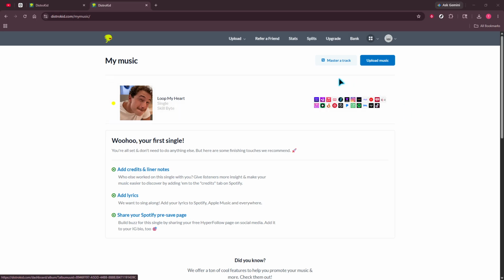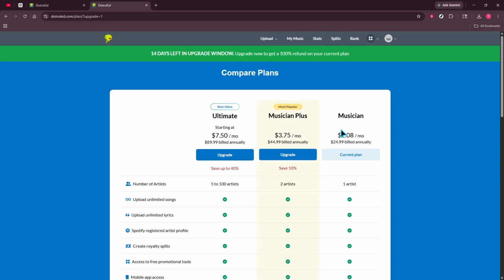plan. First, take a moment to check which Distrokid plan you're currently on. The musician plan includes one artist only, Musician Plus allows up to two artists, and the Ultimate or Label plans expand that to anywhere from 5 to 100 artists depending on the tier. You can see the exact limits on the plans page inside your account. This quick check helps you know whether you already have room for an additional artist or if you'll need to